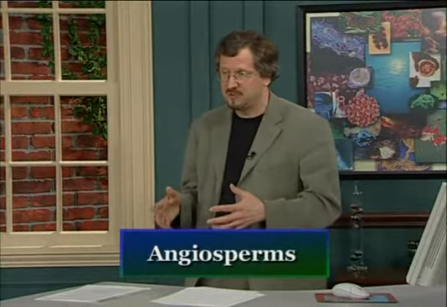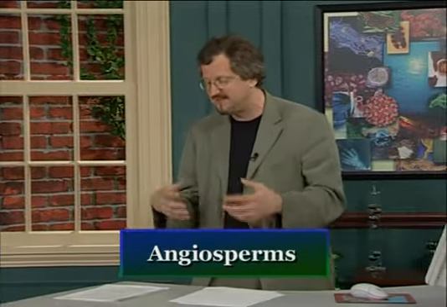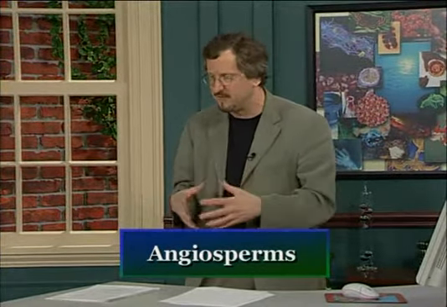But if we limit our discussion to a group of plants known as the angiosperms, these are what we would commonly call the flowering plants, then we actually can come close to a simple common description of a body plan. Angiosperms, as I said, are flowering plants, and this group is actually the most diverse and widespread group of plants that live on land. It's a very recent evolutionary divergence. So focusing our discussion of plant structure on angiosperms is a reasonable focus for our discussion of plants in general.